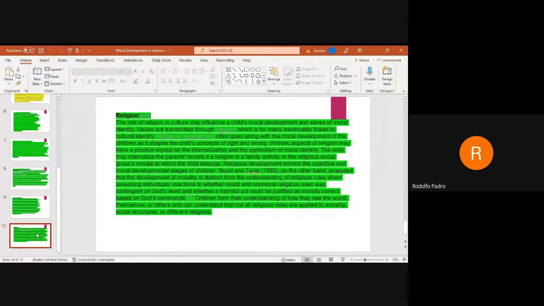Now, Nucci and Turiel in 1993, on the other hand, proposed that the development of morality is distinct from the understanding of religious rules, when assessing individuals' reactions to whether moral and non-moral religious rules were contingent on God's word and whether a harmful act could be justified as morally correct based on God's commandments. According to Nucci and Turiel, it is true, religion has contributed a lot,